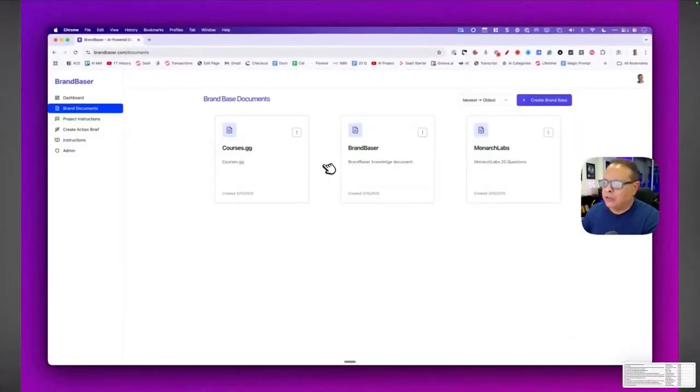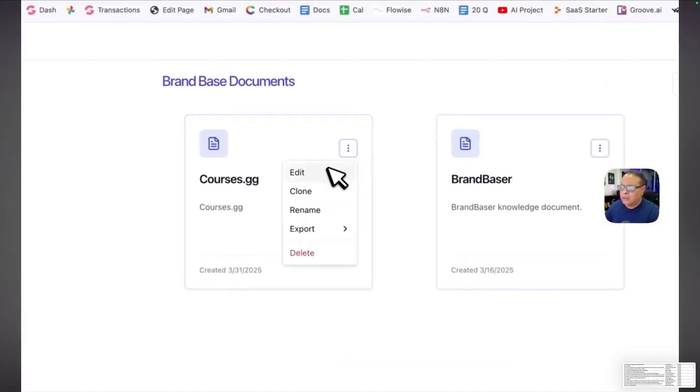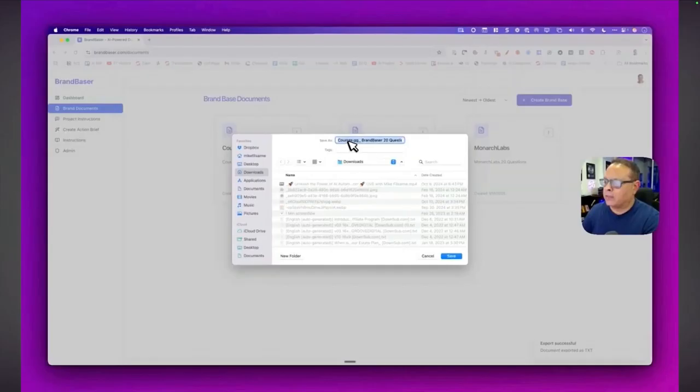So what you're going to want to do is simply click edit if you want to make any changes, but most likely you'll just hit export plain text. This will put it onto your desktop with the name, and it'll say brand based or 20 questions, and you'll hit save, and you'll have it on your desktop. You've just completed one of the 3 things that you need for this trifecta to make the perfect output for